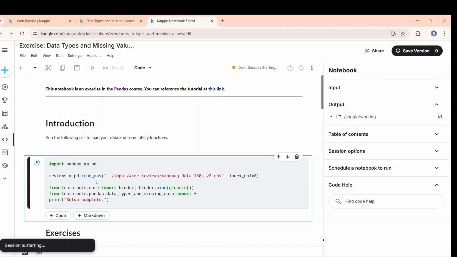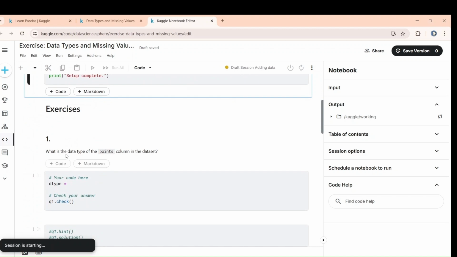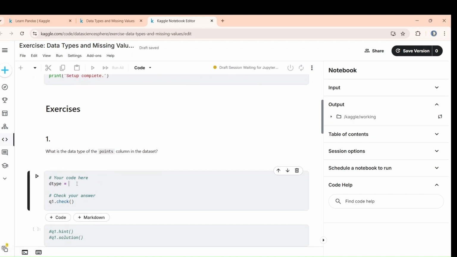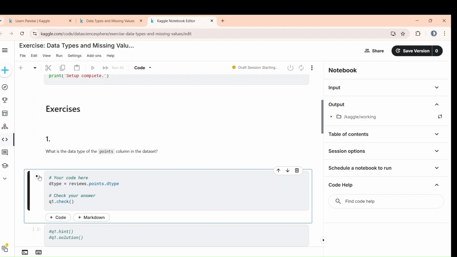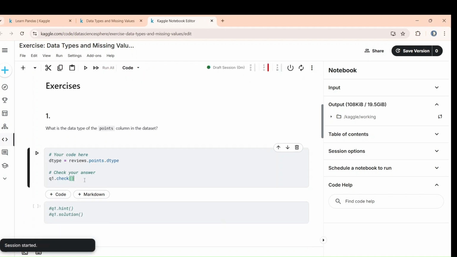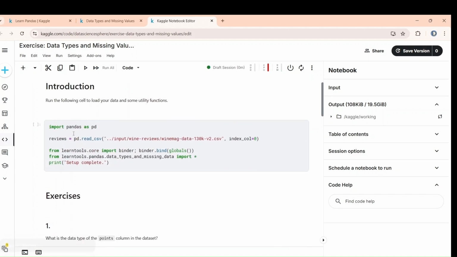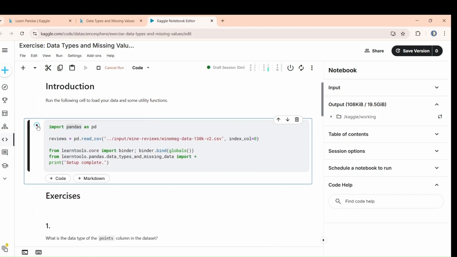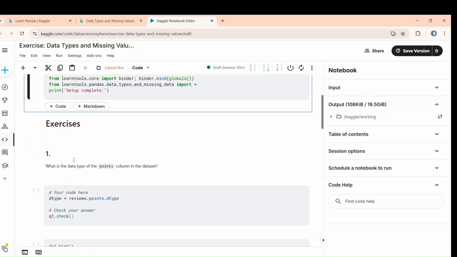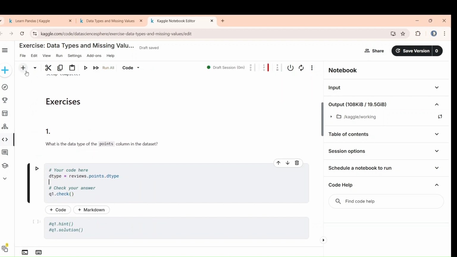First, complete the setup. Now, what is the data type of the points column in the dataset? So first you have to write the name of the dataset, reviews, then the column, points. So you have fetched the points column of the reviews data set. Now you want to know the data type, so dtype. Okay. It is not done. So after that,